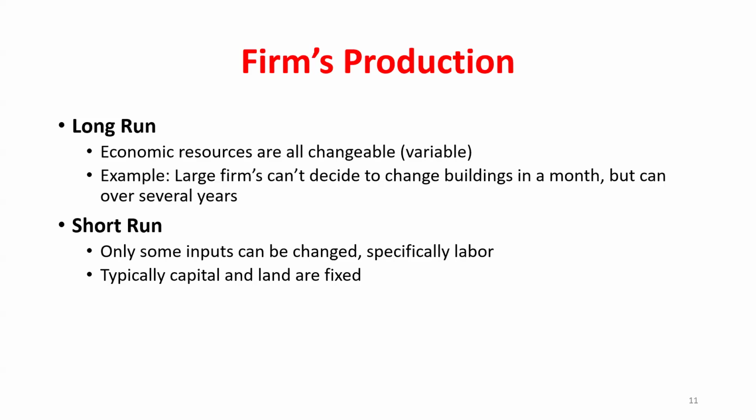So what are these factors of production that I can change in the long run, but I can't change in the short run? Well, typically in the short run, I can't overnight relocate my business to another country, right? That's something I might be able to do over the course of a year or even 5 years, but I can't do it overnight. So day to day, we're typically in the short run. There are some factors I can't change overnight. I can't even change them in the next week, right? So anytime I have a factor of production that's fixed, that I can't change in the current time period I'm looking at, the next day, the next week, those things we're going to call fixed.